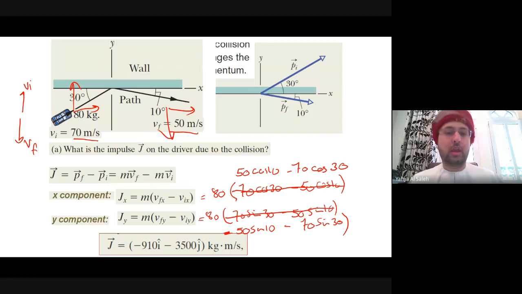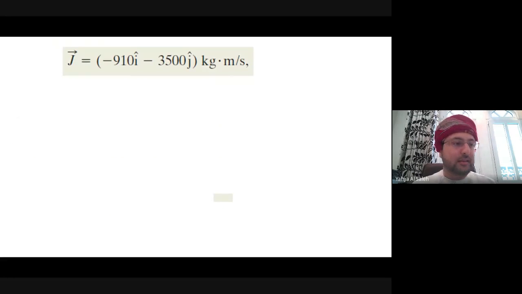Now, what is the impulse? We found the impulse in terms of components, but what is the total impulse? We will take the